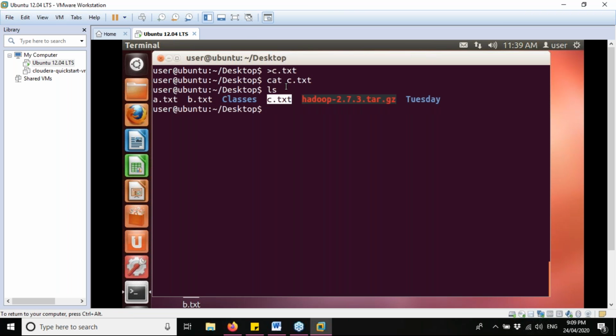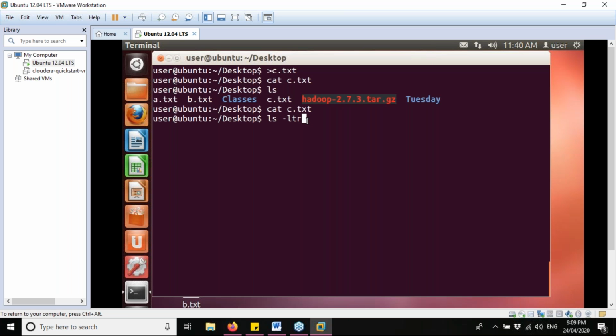Now as we know, this very command with a greater than sign and then followed by the file name, it creates a blank file. Okay, it does not have any contents. So whenever we ran this cat c.txt command, it is not showing any output because it does not have any content inside it. All right, so now let's also check ls hyphen ltr. As you can see guys, the file has been created but a blank file.